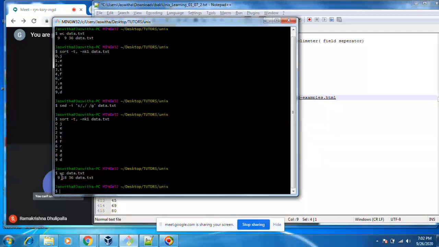See, nine lines are there, 18 words are there. You see, each word by word, separated by space. That's why it is showing 18 words, whereas here 9 words, because the separator space is not there.